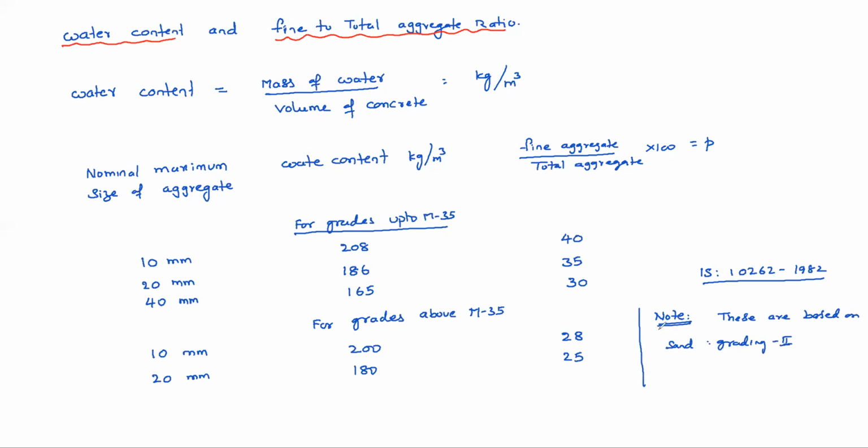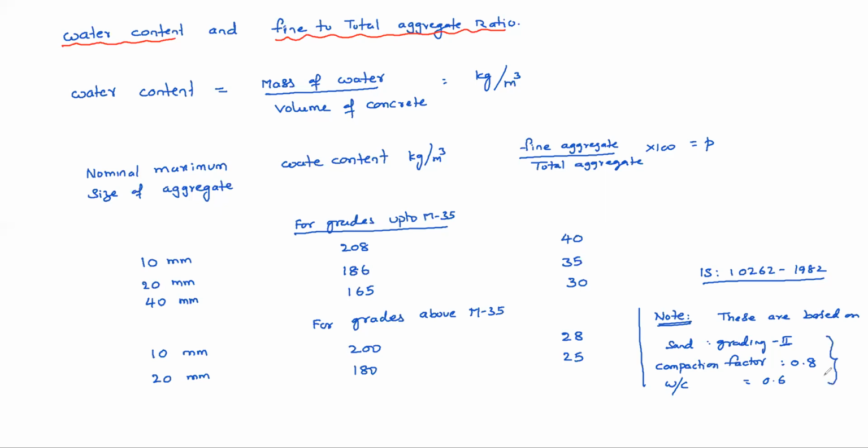Similarly, workability means you can go for compaction factor. So workability can be measured in three tests, right? Number 1 is slump cone test. Number 2 is VB time. Number 3 is compaction factor. Compaction factor of 0.8 is used here. Suppose you are using other than these values, then corrections are required basically. Similarly, water cement ratio 0.6. So these are the assumptions actually.